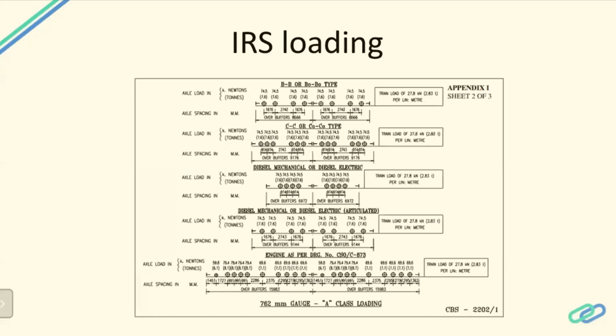But when it comes to Europe, all the factors are different. Even if you travel from Denmark to France, it is totally different. Depending on the individual local climatic conditions, they have changed the code. That is one thing. The second thing is the soil conditions. Soil conditions are totally dynamic, and soil-structure interaction is still a subject of research. 50% we have literature and code books, and 50% is our assumption based on the experienced engineer. That is how we move in bridges.